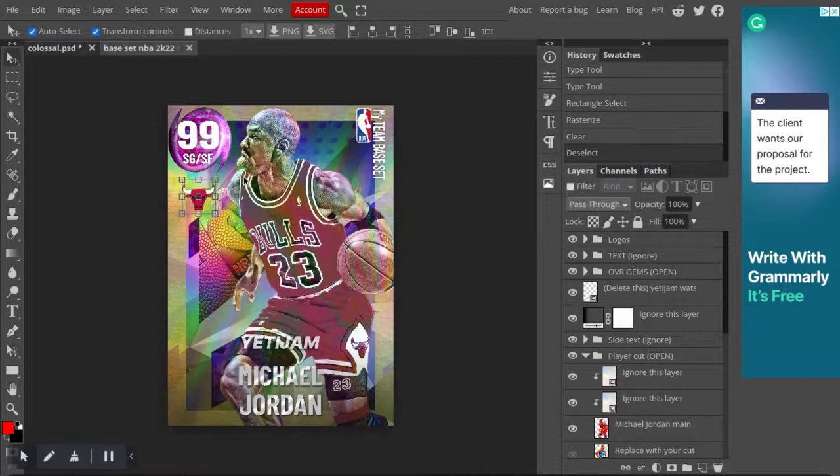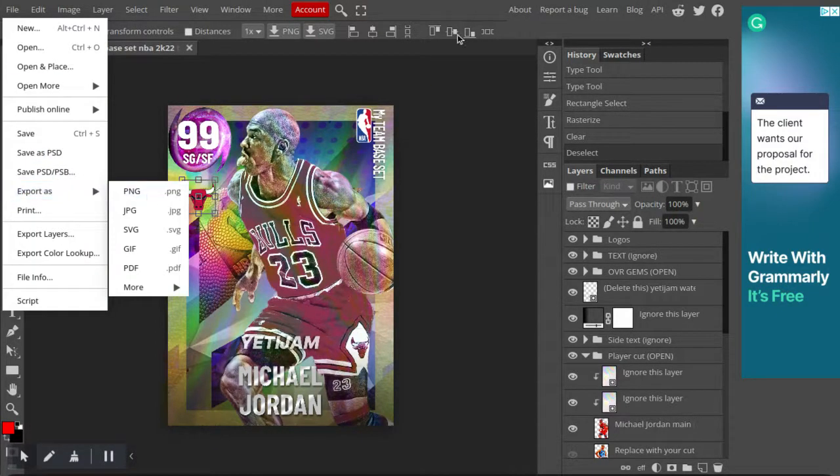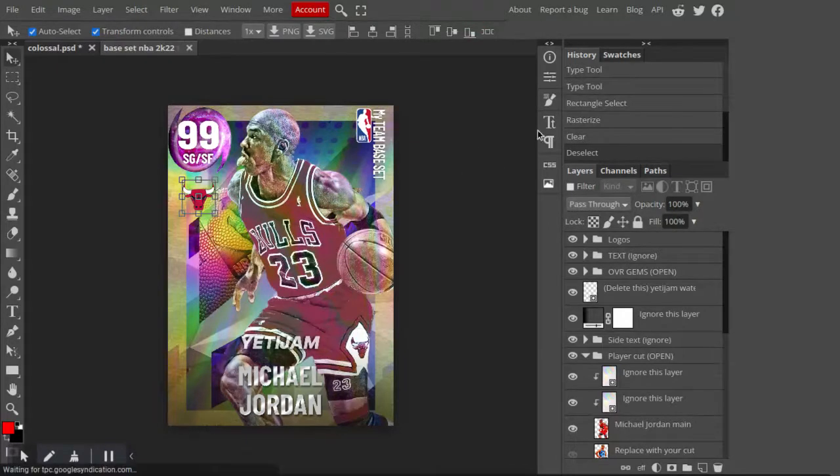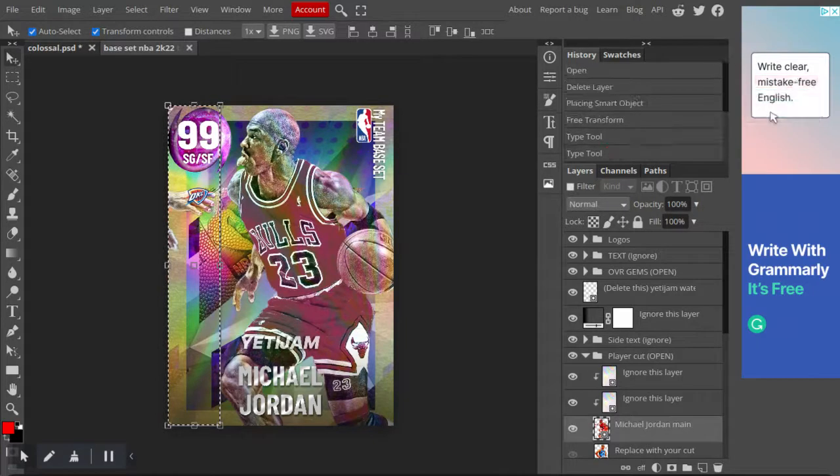And then basically you would just click File, Export As, and then PNG, and then you would save the file accordingly. Now, I'm going to have timestamps inside of the video. So if you are making just a card of your own, completely your own,